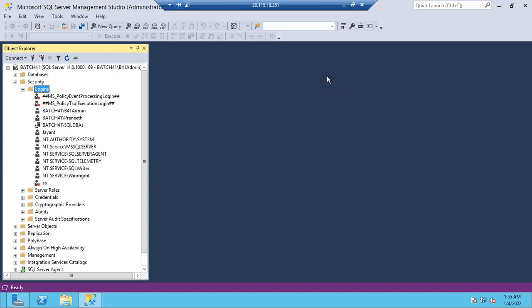Even though in that AD group only one user is there, that doesn't matter to us. Only one user is there, that isn't an issue for us. So we'll simply ask them to create an AD group for them. They will let us know and we'll create a Windows group login for them. Then on whatever database they're looking for permissions, we are going to give the permissions.